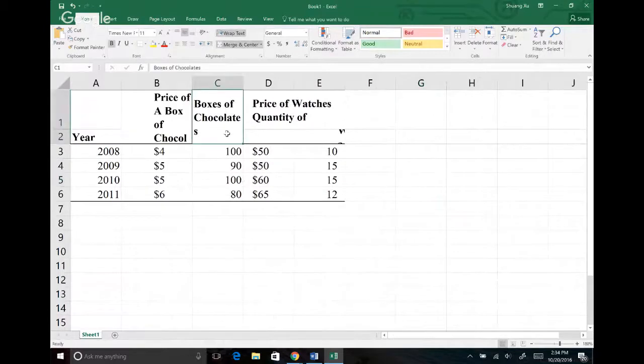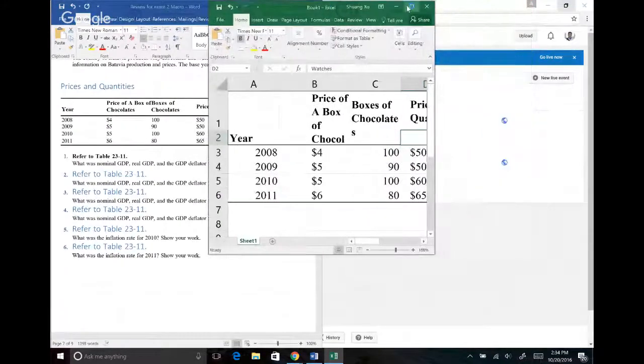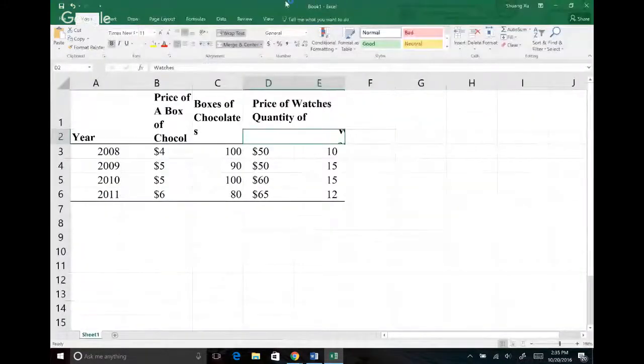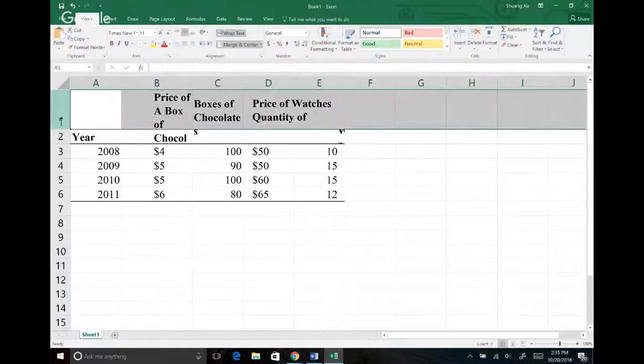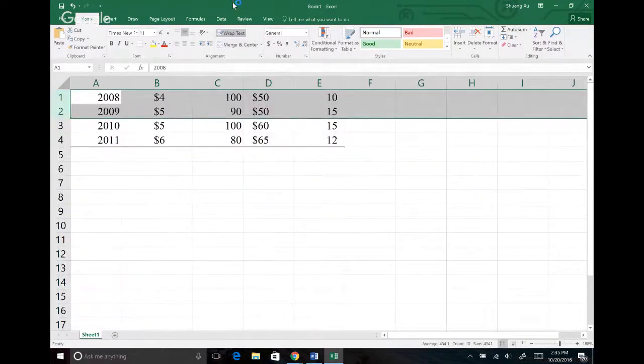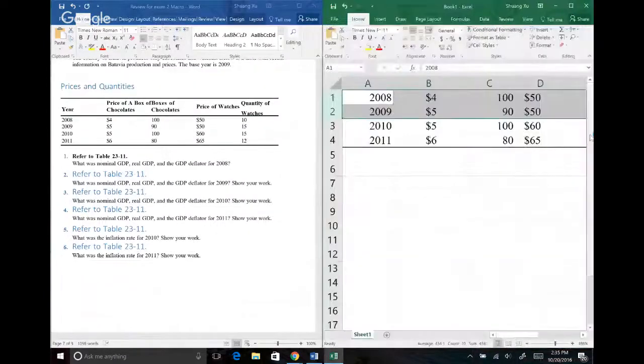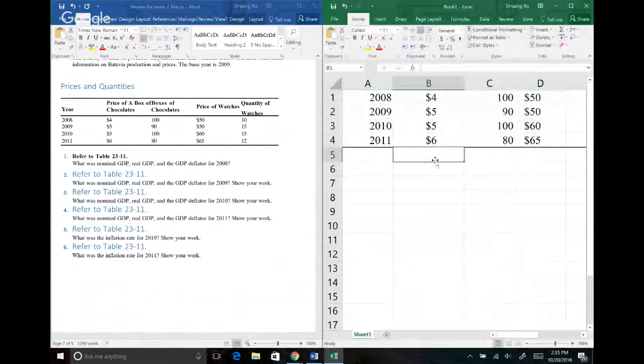Looks like this is cut off. What does it say? Okay, I guess I don't need this anymore because it's cut off. Better. So this is the price of chocolate. This is the price of